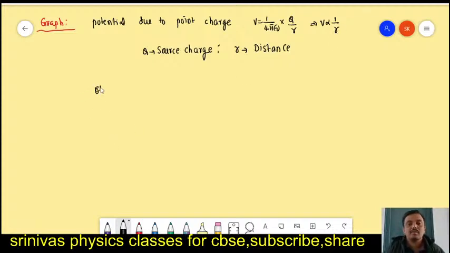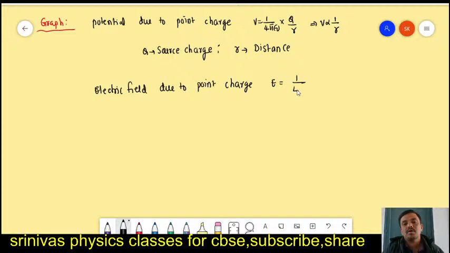And electric field due to a point charge. The electric field due to a point charge we got is E is equal to 1 by 4 pi epsilon naught into Q by R square. The same electric field also depends upon distance. Now if we draw the graph